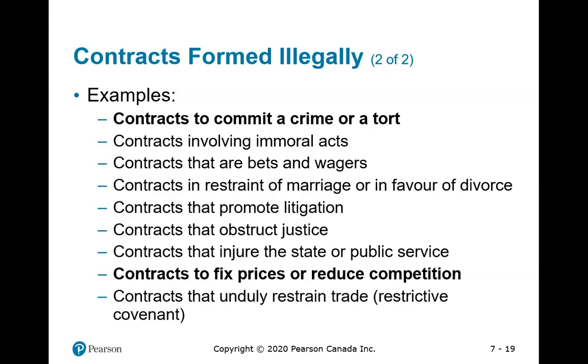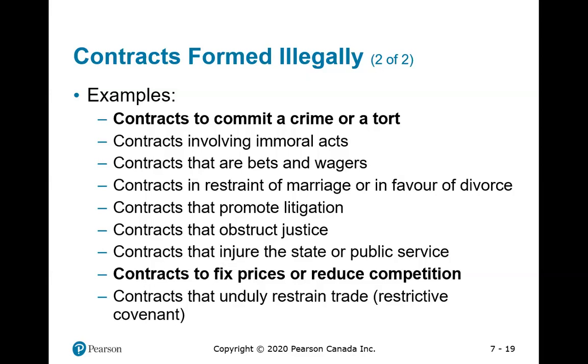The contract terms are, I'll make a down payment of 50%. After my neighbor is killed, I'll pay the balance. So I made the down payment, 50%. My neighbor was killed. Then I remember this lecture, and I decide not to pay the balance to the killer. Can the killer sue me? No. Yes, the killer can kill me, but they cannot sue me, right? Because it's an illegal contract.